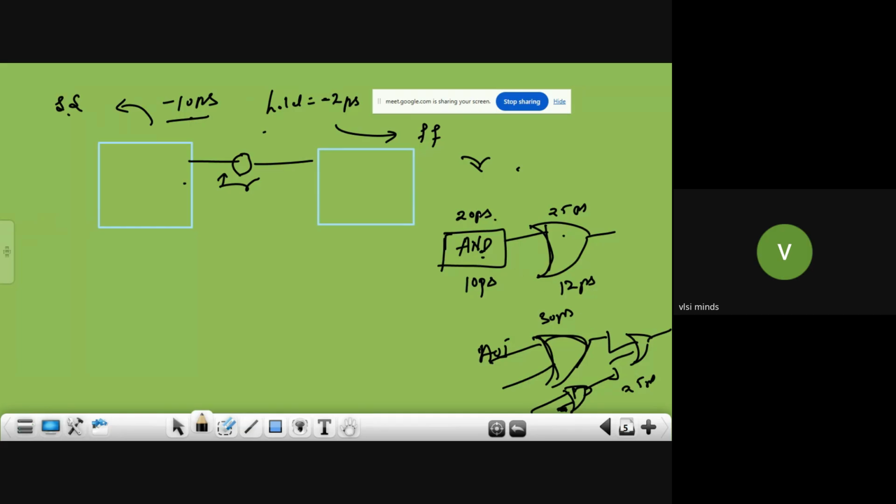So here, if you add the delays, in the setup it is showing a delay of 45. In the hold, if you add, it is showing a delay of 10 plus 12, it is 22 ps, right? But instead of using two gates like this, if you use only one AOI gate, in setup it is showing 30 ps delay, but in the hold it is showing only 25 ps delay. So the cross corner delay change is very small.